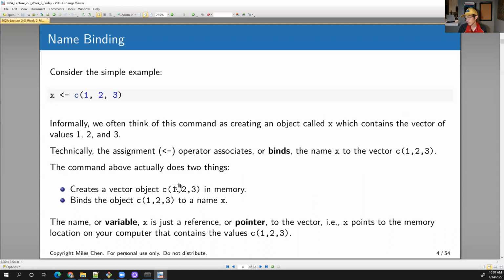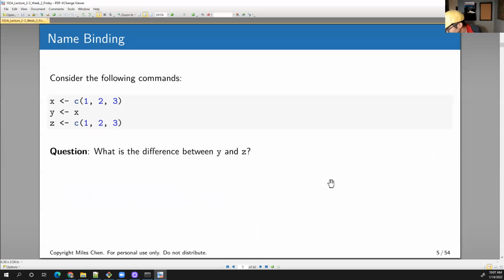X tells the computer where to find this value in memory, and that's what's going on, okay? Maybe a little bit more CS than we need to get into, okay? So what is this, okay? So here we create a vector 1, 2, 3, we bind it to the name X, and